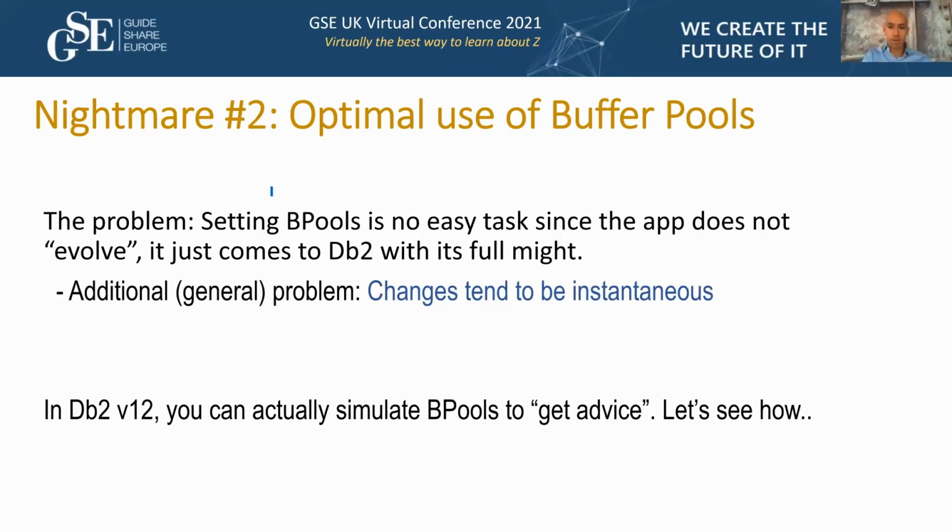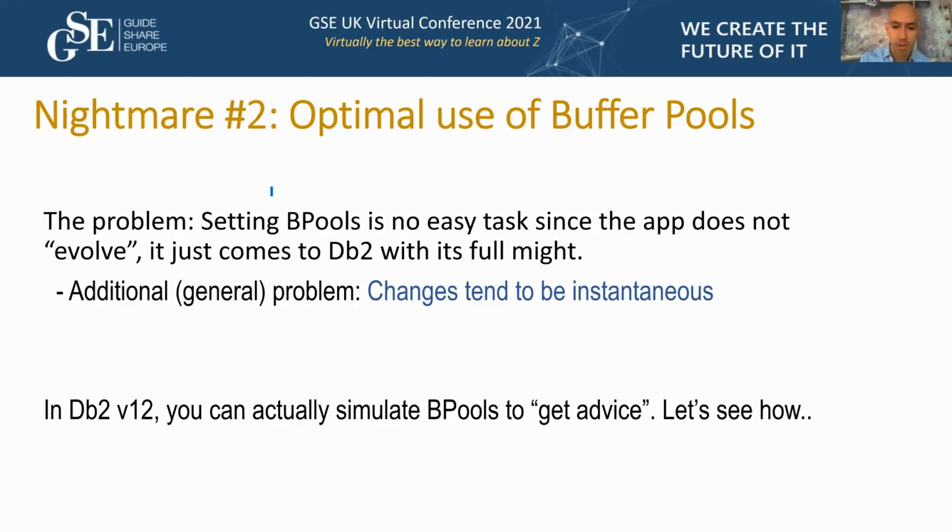And if you change something now, you can just count. So 1, 2, 3, 4, pick up. Somebody already saw the change. As fast as that. It happens more often than not when the change happens to be really bad. So in DB212, you can actually pre-test changes to buffer pool sizes.